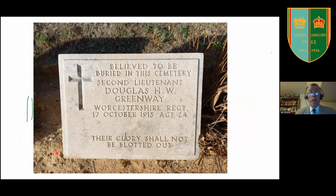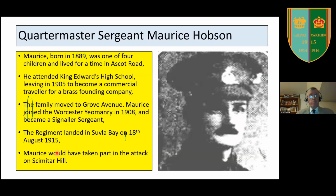Very apt there. So, mentioning another Brummie, I'm going to mention a lot of other Worcester people, but this is one that served with the Yeomanry, and he lived for a time in Ascot Road. Again, very interested in him because before living in this current house, I lived in Ascot Road. He attended King Edward's High School and then got a job working for a brass founding company, and he joined